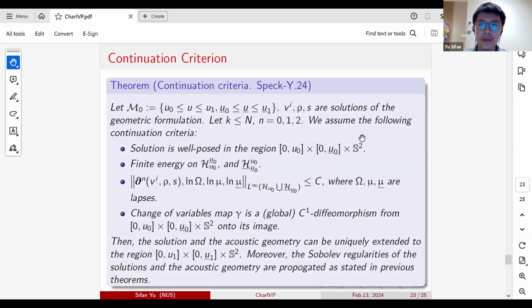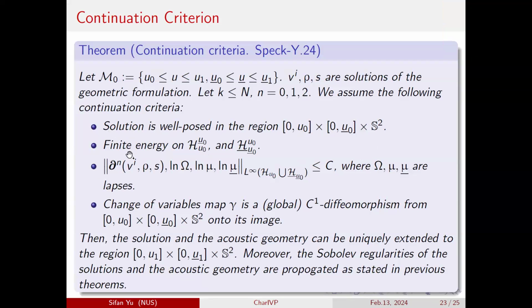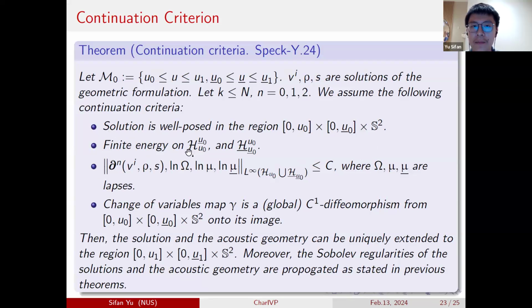Oh yeah, that's right. So the strategy in the continuation criteria is pretty similar to the local well-posedness. I assume the following four conditions so that I can continue my solution. First of all, the solution is well-posed in a smaller diamond. Secondly, I have finite energy on the boundary of my smaller diamond. Thirdly, I have an L infinity bound on my boundary